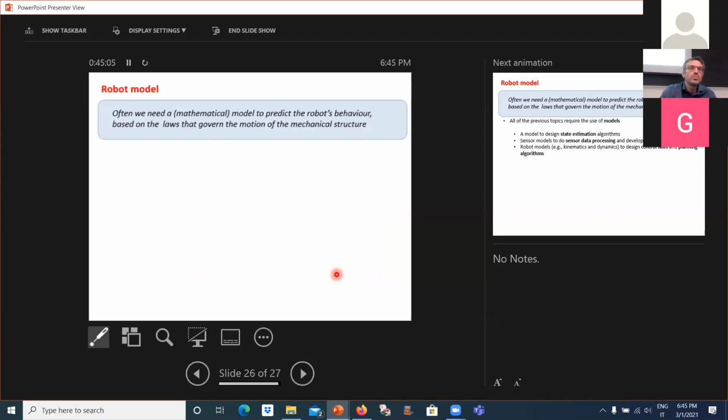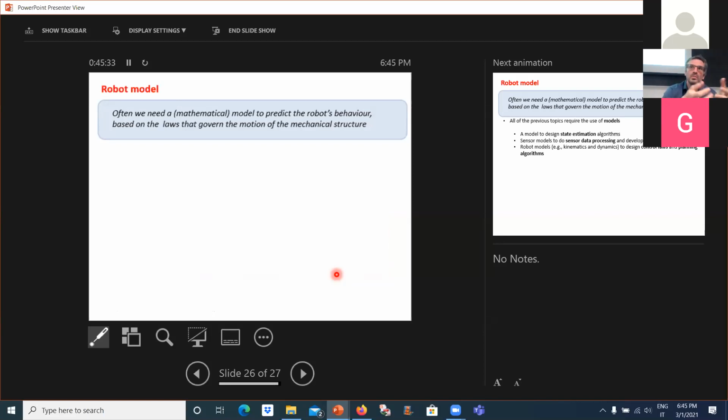And to be able to design a proper controller or even design feasible trajectory, we need to have a mathematical description of the robot behavior. So we need a model. A model is a mathematical description of the robot that is based on the laws that govern the motion of the mechanical structure. So a mechanical structure is a set of rigid bodies,